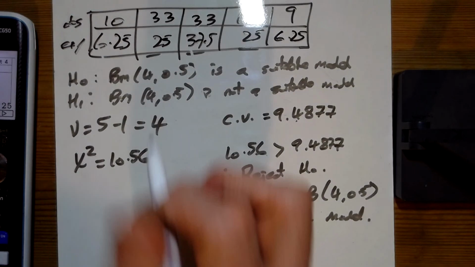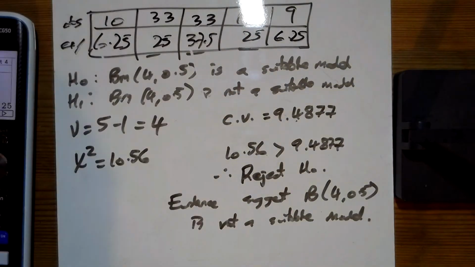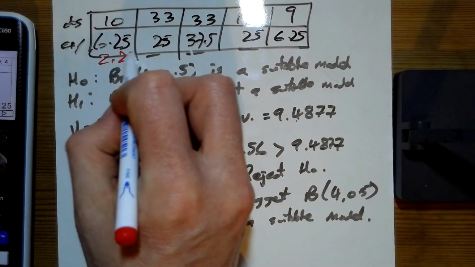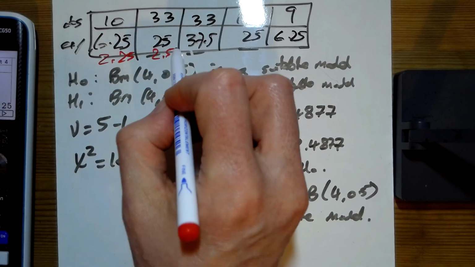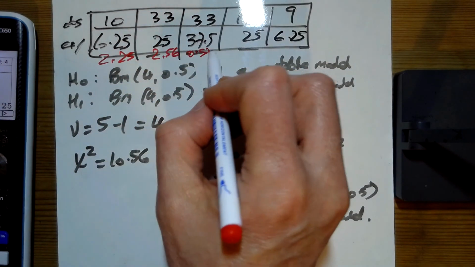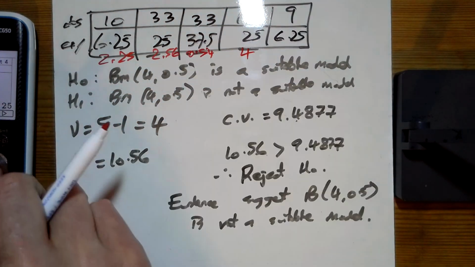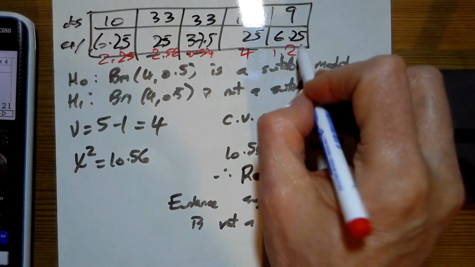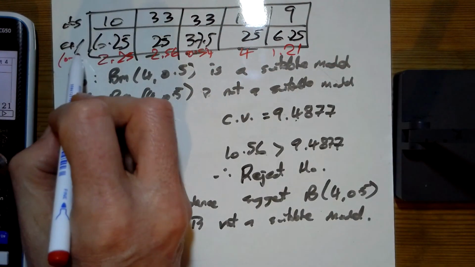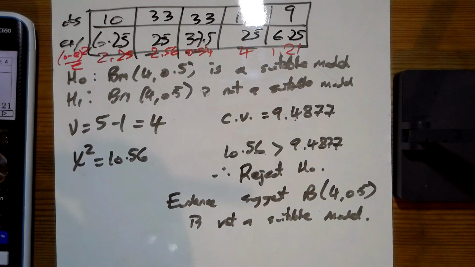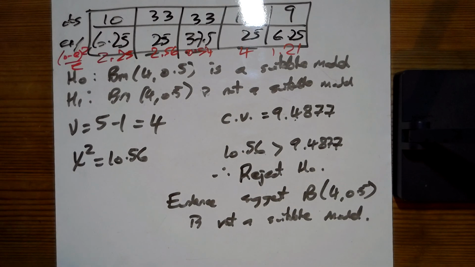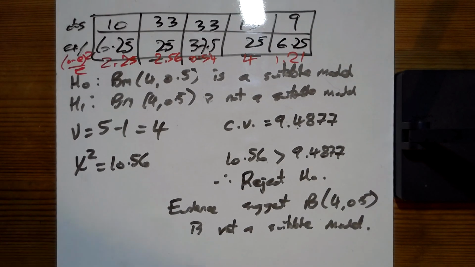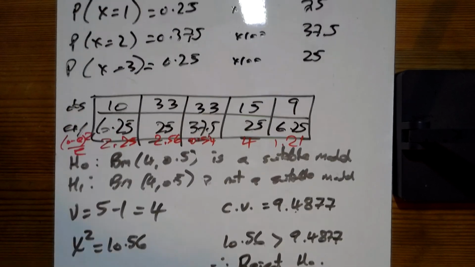So these are our contributions, you could write them down just underneath the table here. So I've got 2.25, I've got 2.56, that is 0.54, 4, and what's the bottom one there, 1.21. So this is your observed minus expected squared divided by expected, and I could write those down just making sure I've shown all the lines that they could possibly want. But there we go, we're still only 5.5 minutes into a 9-mark question, a usual binomial